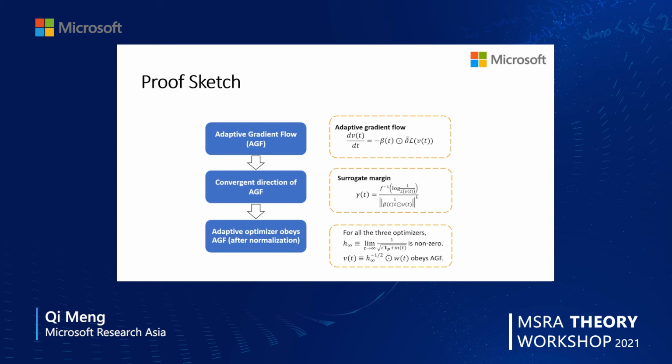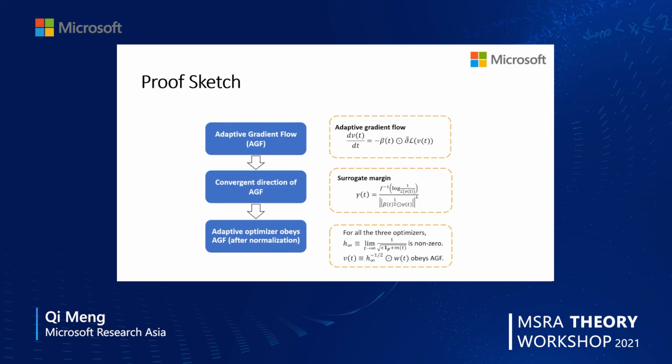Second, we study the convergent direction of the adaptive gradient flow and propose a surrogate margin. How to construct this surrogate margin? First, we need to find a lower bounded term, and this term should be related to both the loss function and the norm of the parameters. We can prove that this surrogate margin is lower bounded, and by using it,